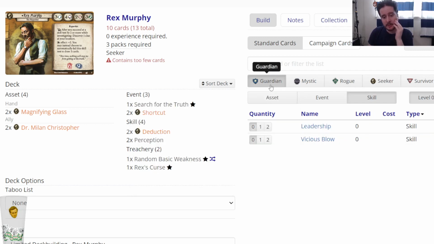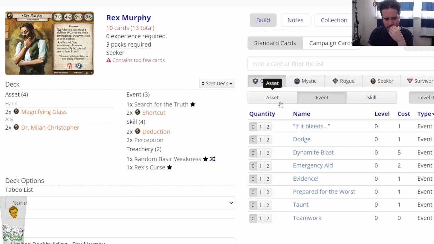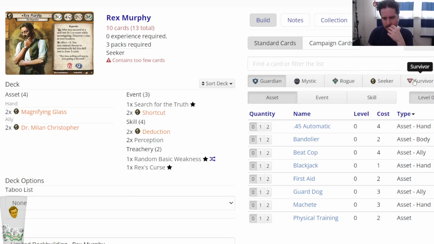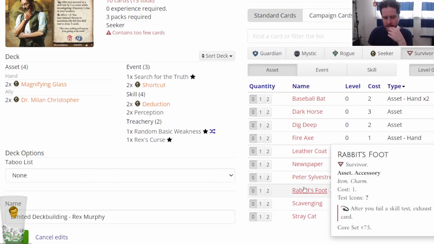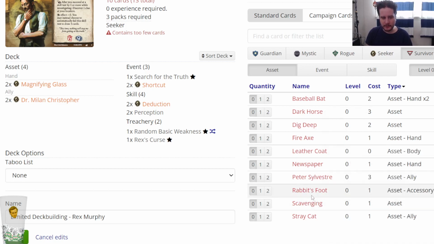Quick Thinking could be nice. We probably don't want to go into the red, but look at the survivor pool. We don't really have a necklace slot. So we could run Rabbit's Foot for sure